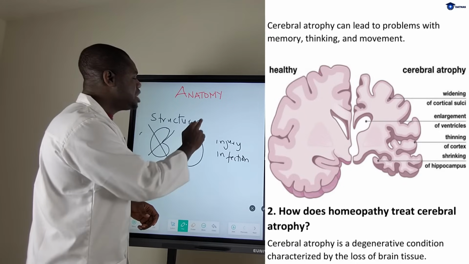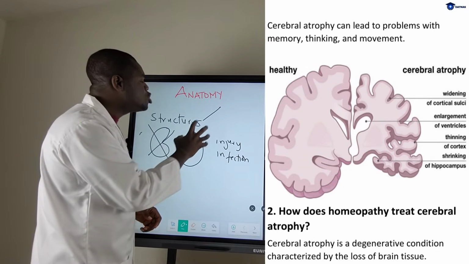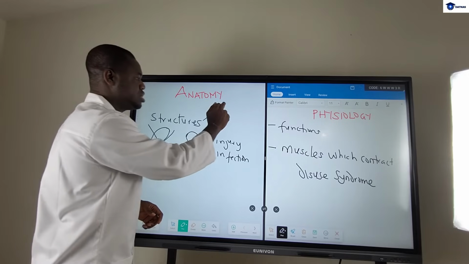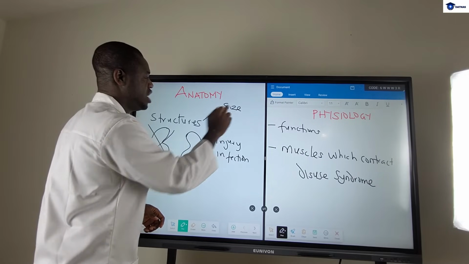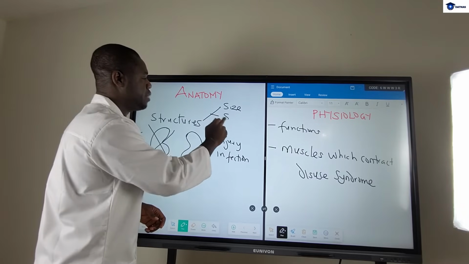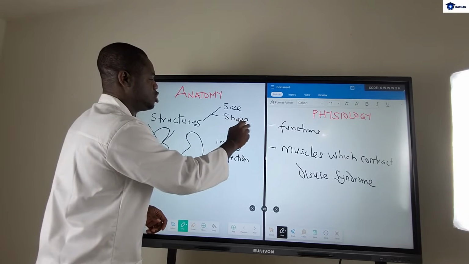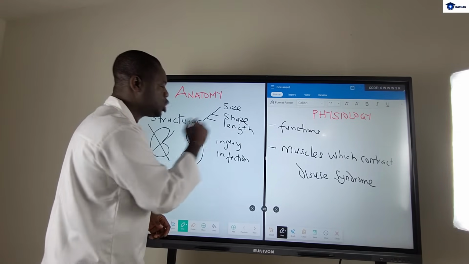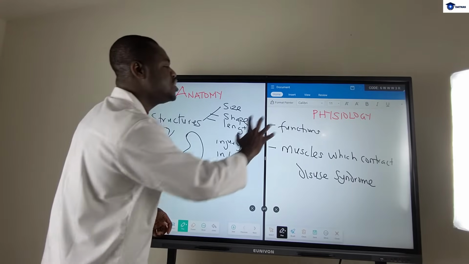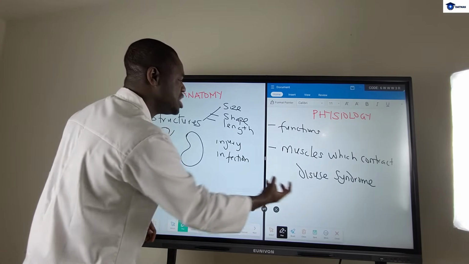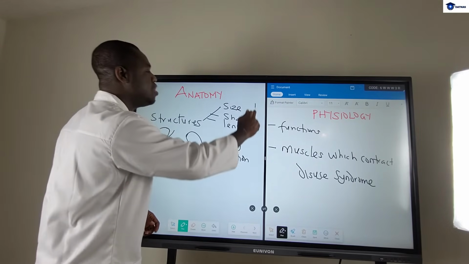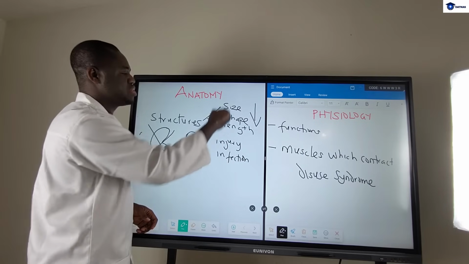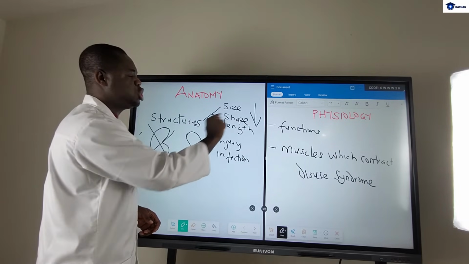The anatomy deals with the structures. That is the size of a structure, the shape of a structure, the length of that structure. So if the physiology of that structure is affected, it will cause a decrease in size, in shape, or